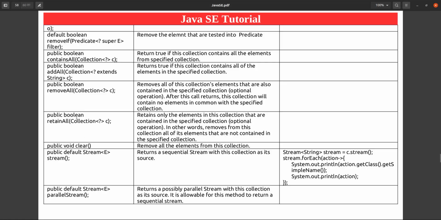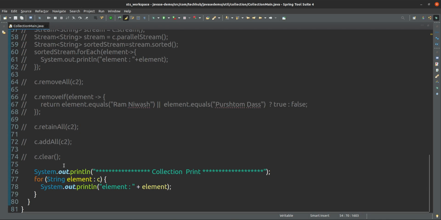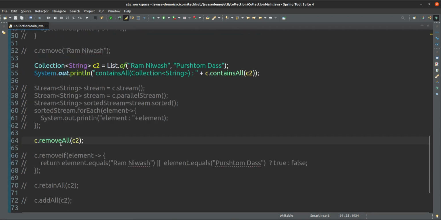Remove all means all the elements of C2. Whatever elements are present in C2, if the same element is present in C, you remove that one.